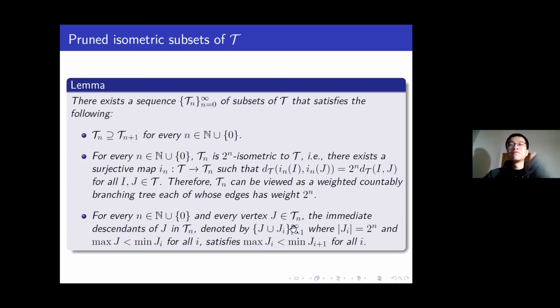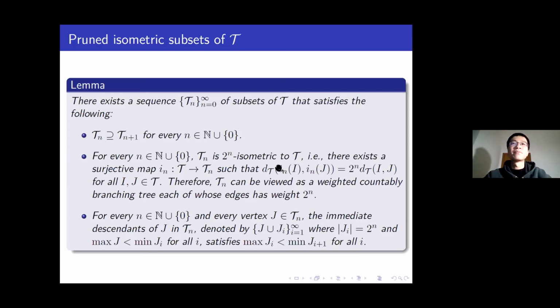Whenever you have these immediate descendants, j union ji, they must be far apart, in the sense that max ji is smaller than the minimum of j(i+1) for every i. Okay, so this is actually not a difficult lemma. It's actually very easy, but the proof